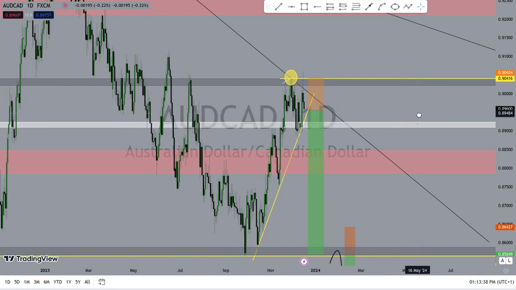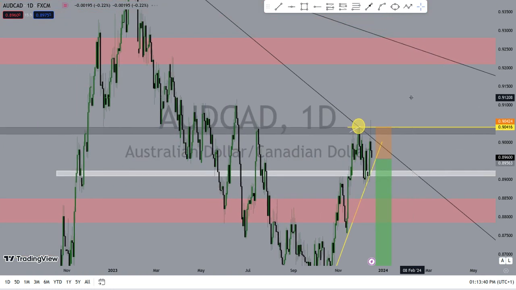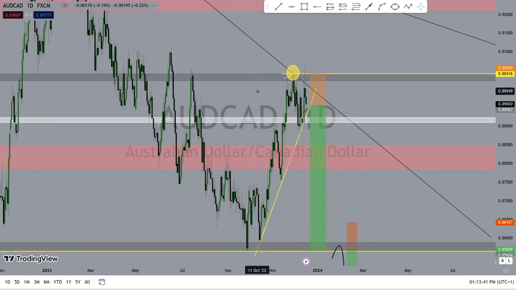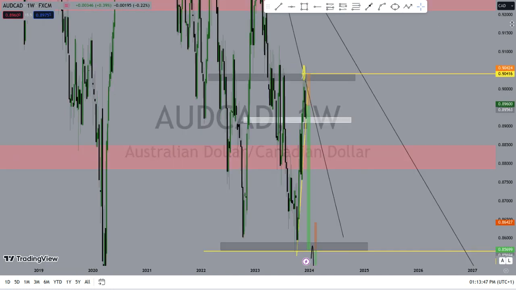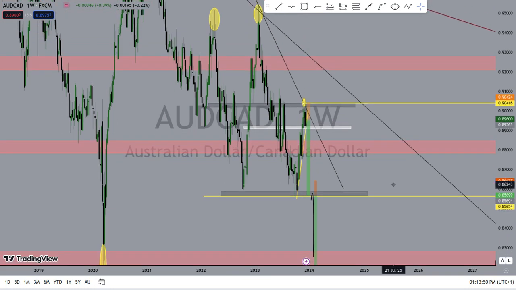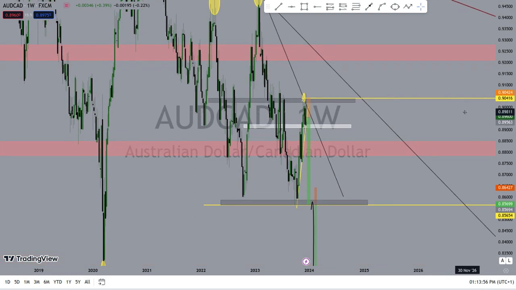So guys, I'm looking at AUD CAD. You can clearly see, let's go to the weekly time frame. Looking at AUD CAD, you can see